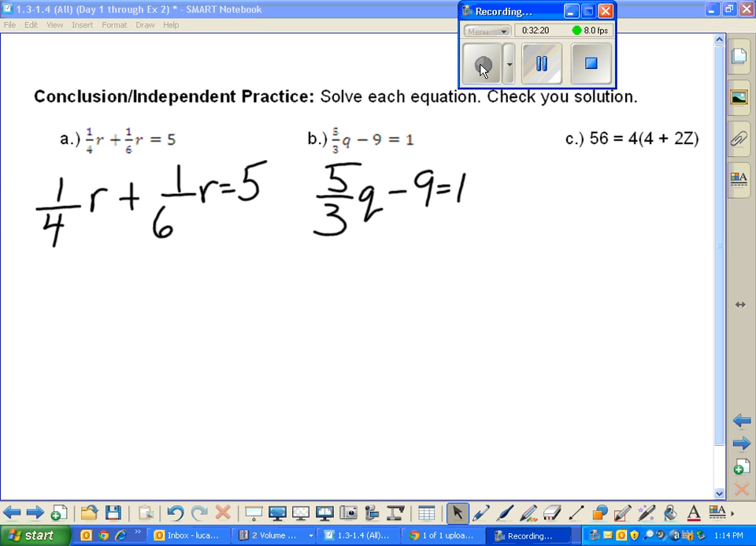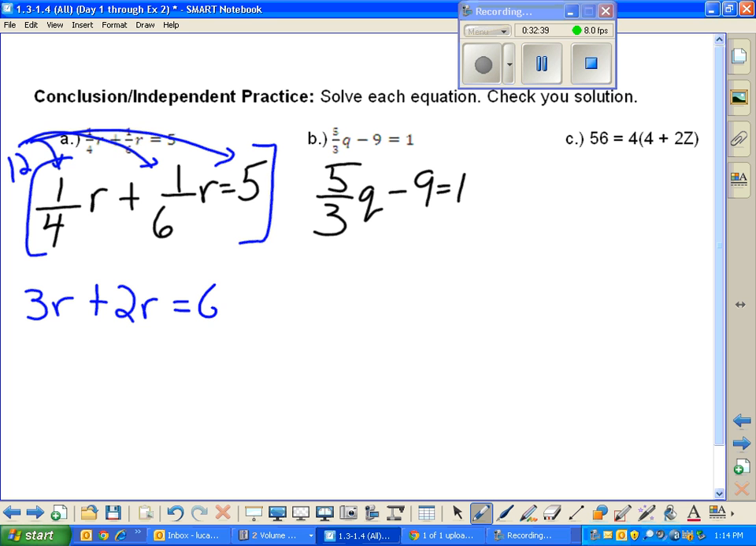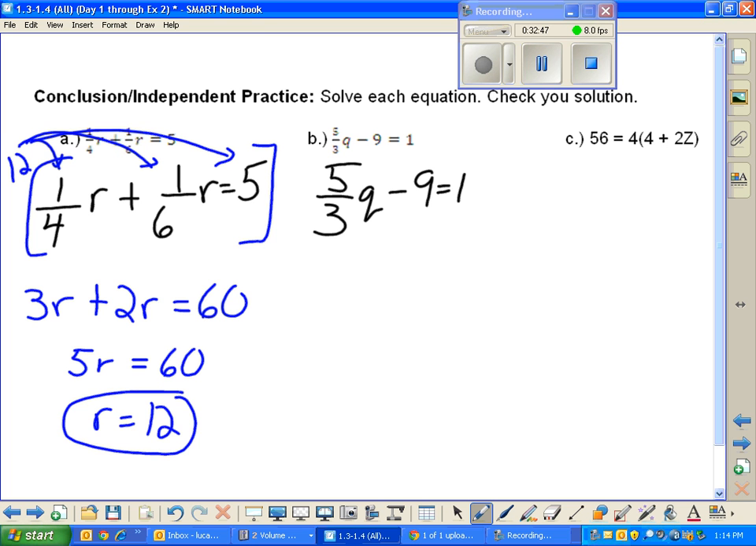That up, especially if you use the shortcut. I see you guys drawing this one to a close. Yeah, the LCD that I see you guys using, good job, is 12. So if you take 1/4 of 12, that's 3R. 1/6 of 12 is 2R, and then that's equal to 60. So you get 5R equals 60, or R equals 12. That's your first answer there. For your conclusion,